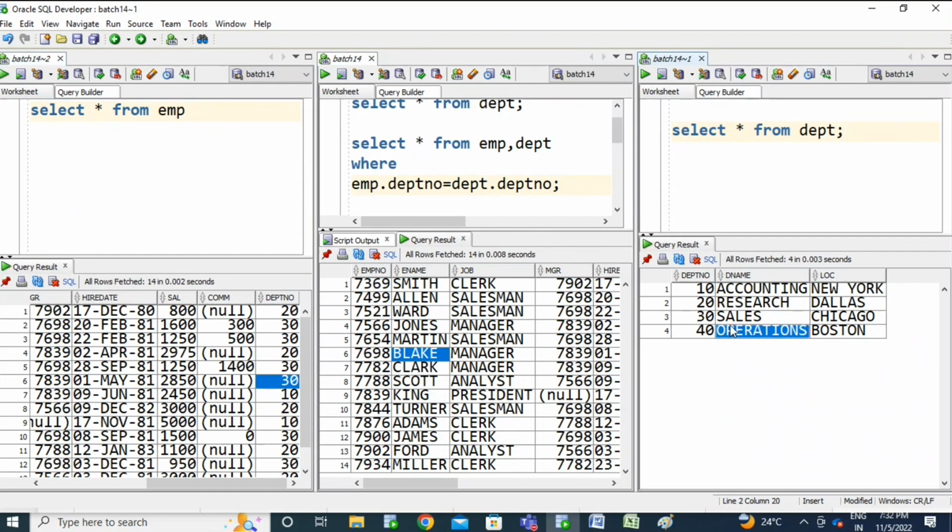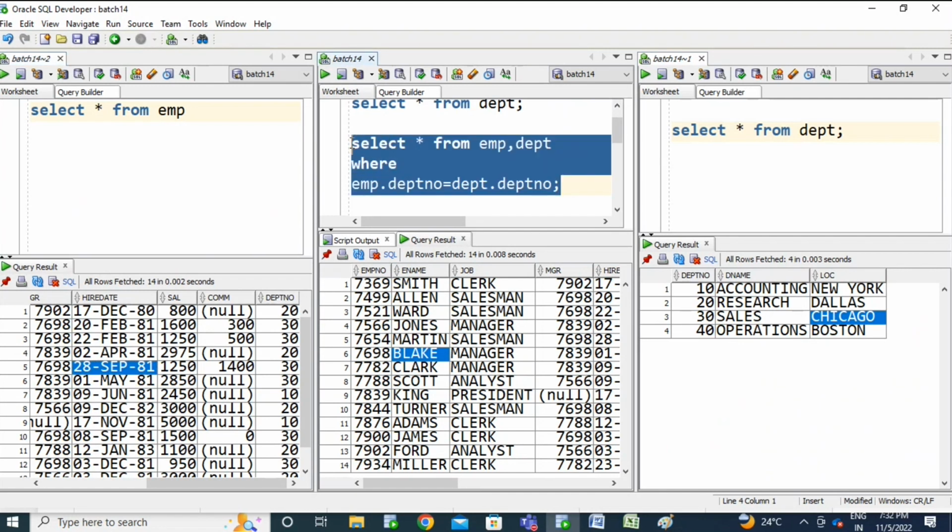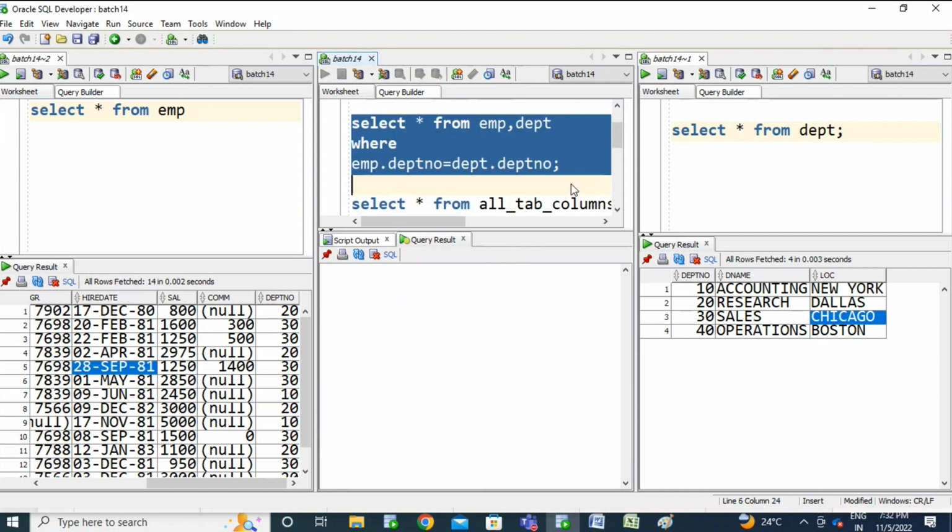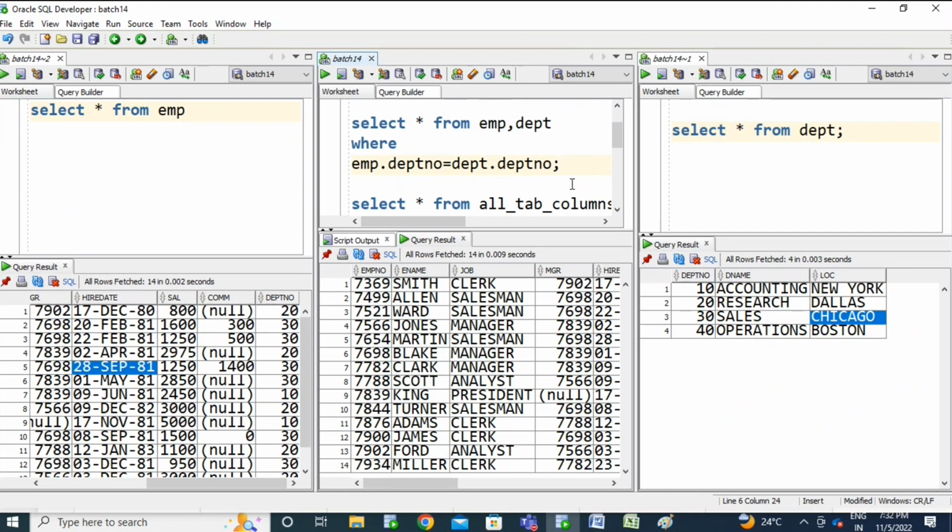So what happened about this 40th department value? Why are you not getting this 40th department information in your query? Because you are trying to look for the values that have a relation between each table, village 1 to village 2. If there is a relation, then you get those particular values by using the join condition. This is the join condition. So you are comparing with an equal condition, getting only the matching records.